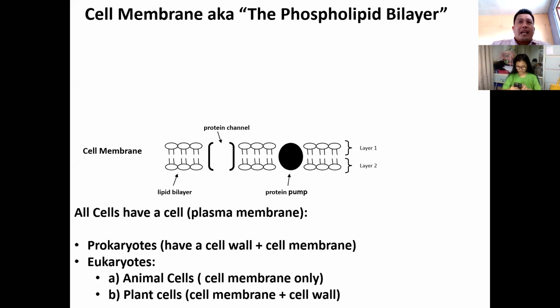This is the structure of the cell membrane, class. The cell membrane is a two-layer of phospholipid, which makes it a phospholipid bilayer. I also mentioned a while ago that the head is a phosphate and the tail is a lipid, with the protein channels that are responsible for the cell's transport. Animals only have a cell membrane, but plants have both cell membrane and cell wall. It is one of the questions in your QE.